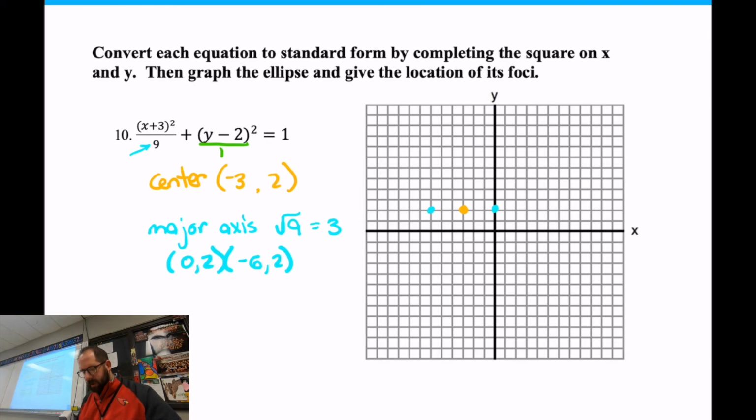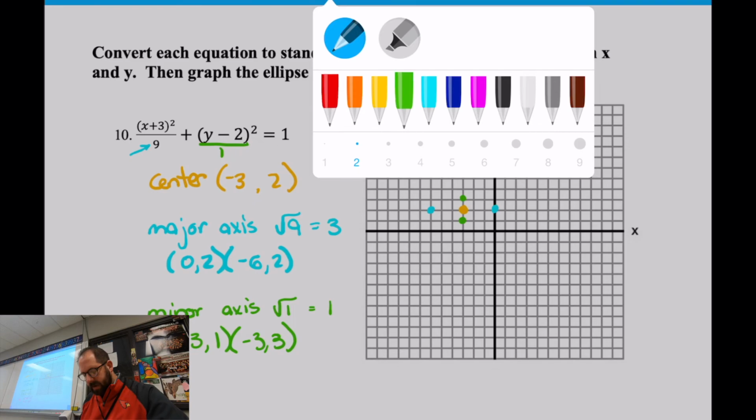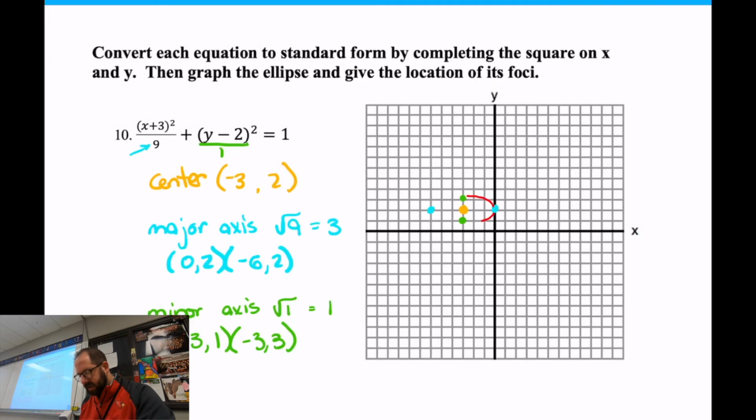Okay, the foci formula, if you don't remember. Foci for an ellipse: A squared minus B squared equals C squared. It's almost the Pythagorean theorem. It has a minus sign though. That's the only difference. Alright, so which one's my A and which one's my B? Yeah, the X and Y number, right? So it's the 9 and 1. So 9 minus 1, which is 8. And we have to take the square root of that, because that's how I solve for C. Right, you take the square root of the other side. So the square root of 8, which is